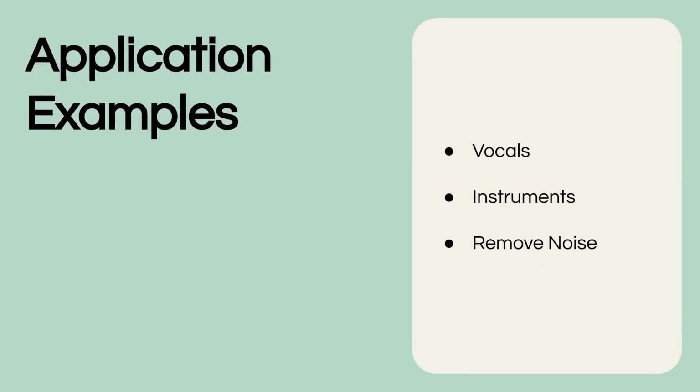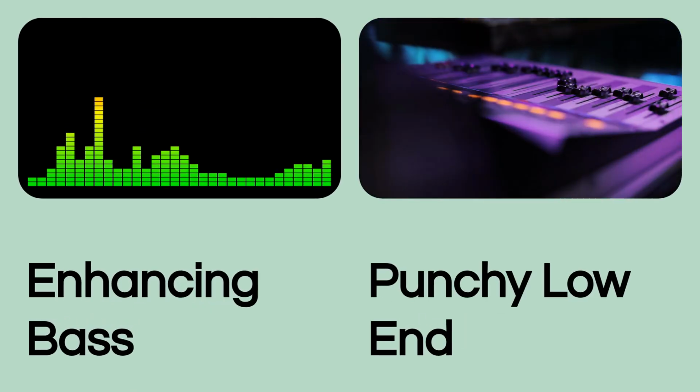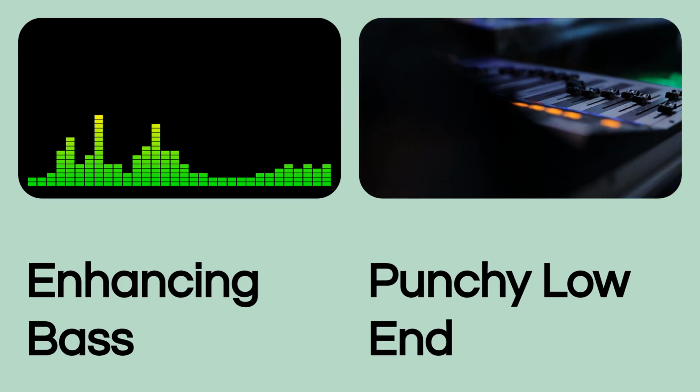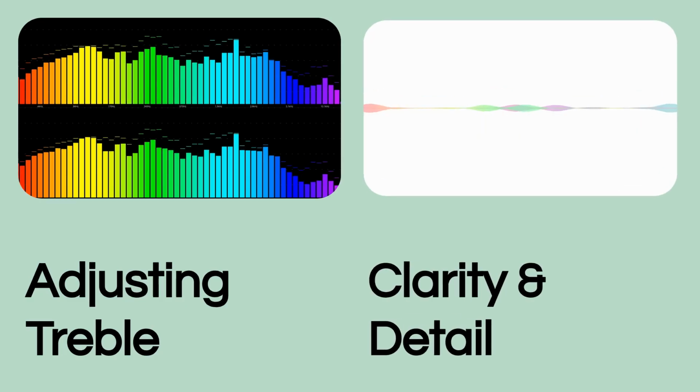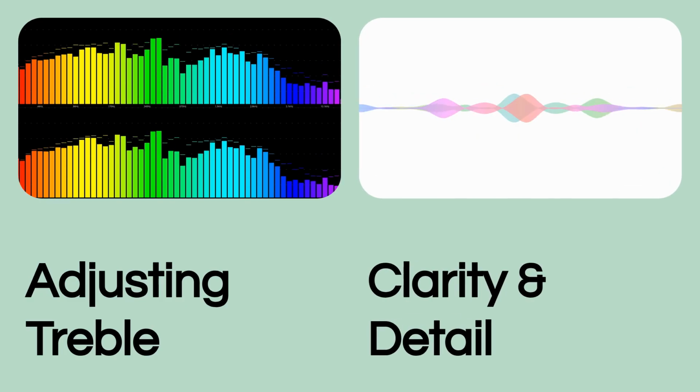EQ isn't just about making things louder or softer. It's used to balance vocals, highlight instruments, and even reduce unwanted noise. Boosting the lower frequencies enhances the bass, giving your audio a warmer, fuller sound, perfect for music or voiceovers needing depth. Increasing the treble or high frequencies adds clarity, crispness, and detail, but be careful not to make it sound